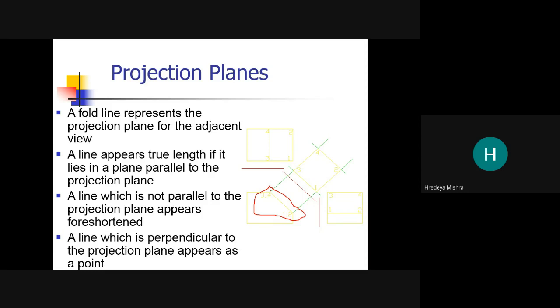So what happened? This is represented as a point. A line which is perpendicular to the projection plane appears as a point. So 3 4 is a line here, but it is shown as a point. 1 2 is a line, but here it's shown as a point.